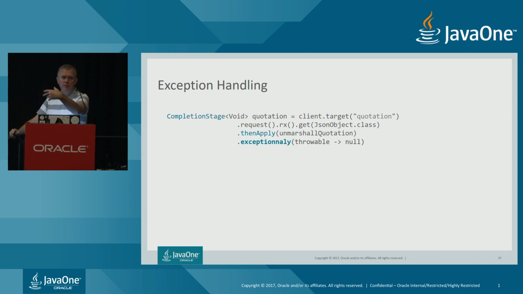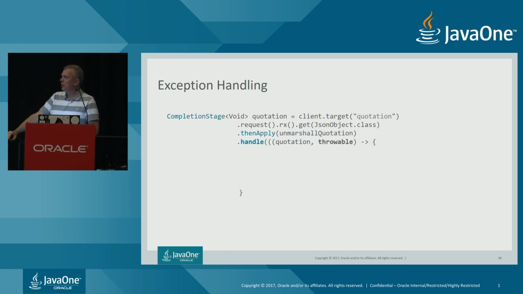And decide, in fact, that if an exception is raised, well, it's not too bad. The quotation will be null for this object. So I can still set a null value for the property quotation of my destination. And this time, my completion stage will not be in error anymore, thanks to the use of this exceptionally method.